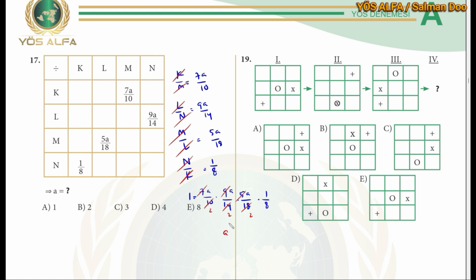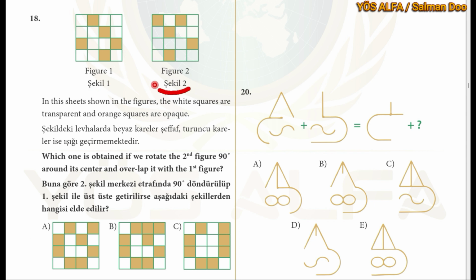So A cubed is equal to 8 times 8, which is 64. 64 is equal to 4 cubed. So A is equal to 4. The answer is D. The 2 figures are given, and the white ones in the figure are transparent, and the